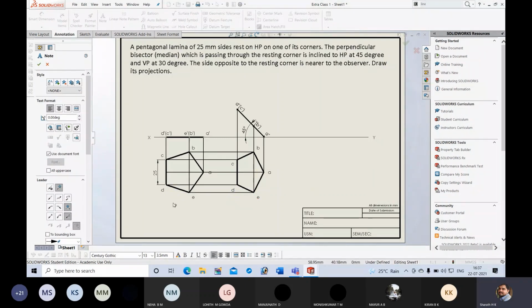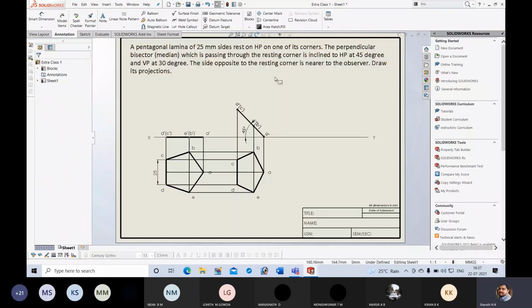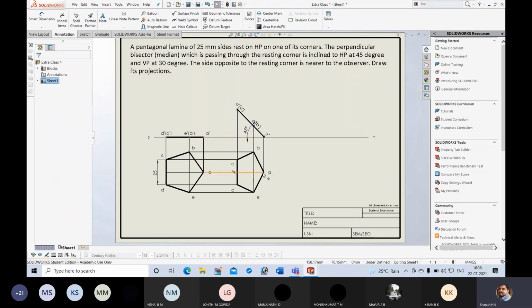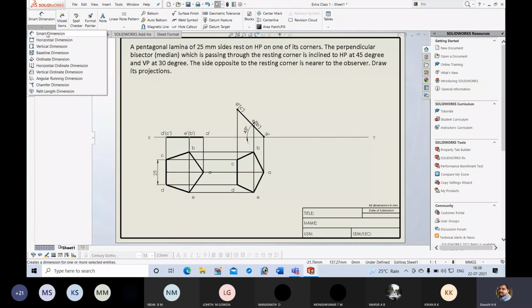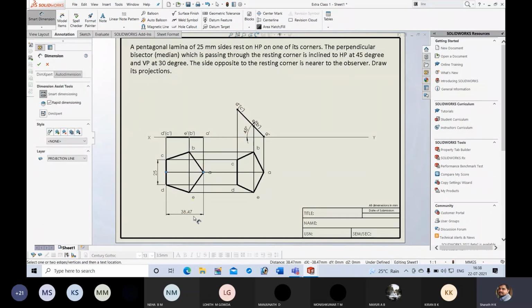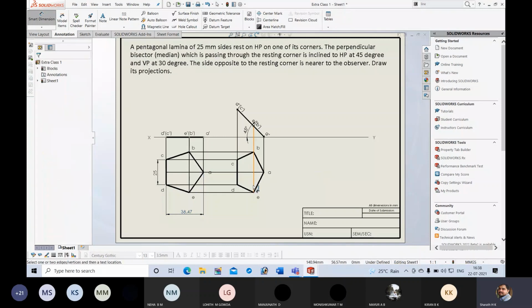Now, since we should incline the bisector or median to 30 degrees, I should check whether the given angle is the true angle, the true inclination. But here, because of inclination with HP, the length of the bisector got reduced. The actual length of the perpendicular bisector was this much, 38.47 mm.